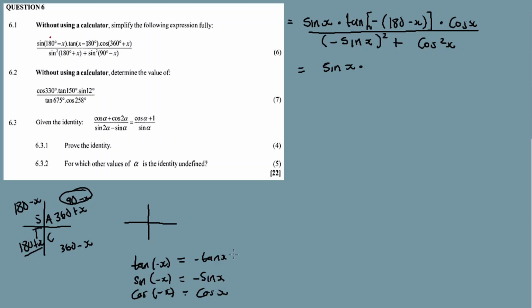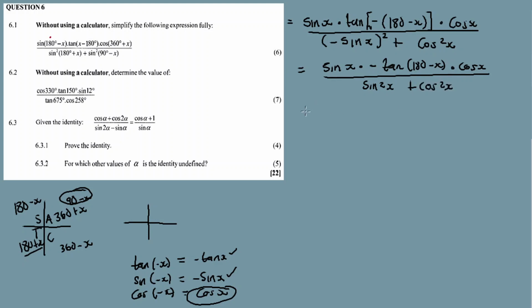Negative angles: it's negative for tan, negative for sine, but positive for cos. So we have negative tan 180 minus x times cos x, everything divided by negative sine x squared, which is positive sine squared x plus cos